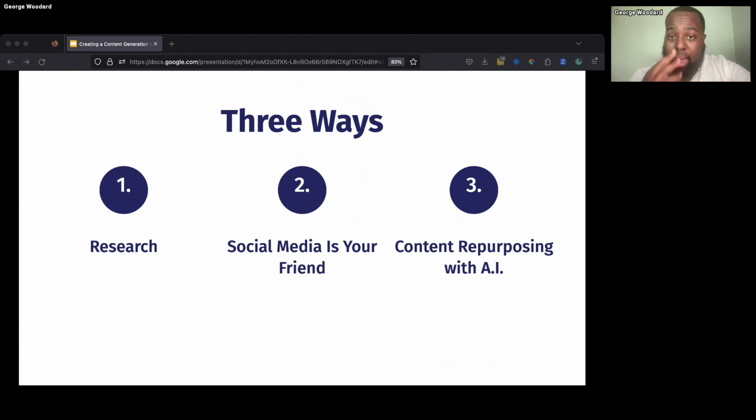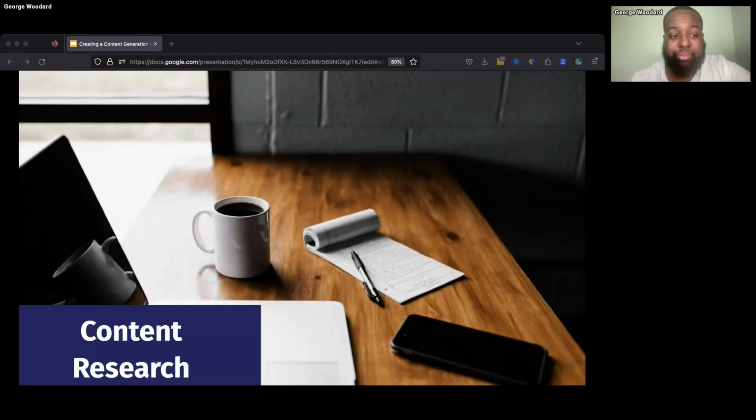Or if you don't have a repository of content, leveraging research or social media can help you generate some ideas. And using some of the existing content that's out there, you can use AI to repurpose that and come up with your own. So, many different ways you can accomplish it.